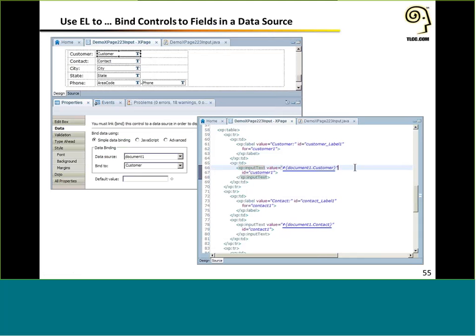So where can you use the expression language within your XPages application? The next three slides are going to present three different uses of the expression language. And the first one, anyone who has done any XPages development is familiar with this. You can add a control, like an input control, like the customer input text control